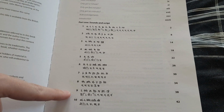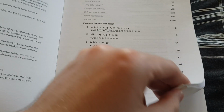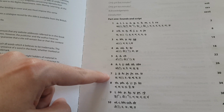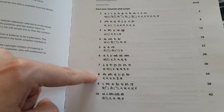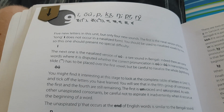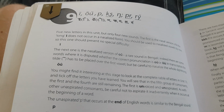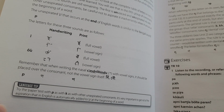Here are the different chapters and the different characters that are covered in each. So I made a video with me going through chapter 7, which I found very difficult. 8 was quite easy, a lot easier than 7. I'm about to start chapter 9. And the script is at the top, the things that I'll learn. And then it shows you in handwriting and in print what each of those look like. And then at the end of each chapter, there's